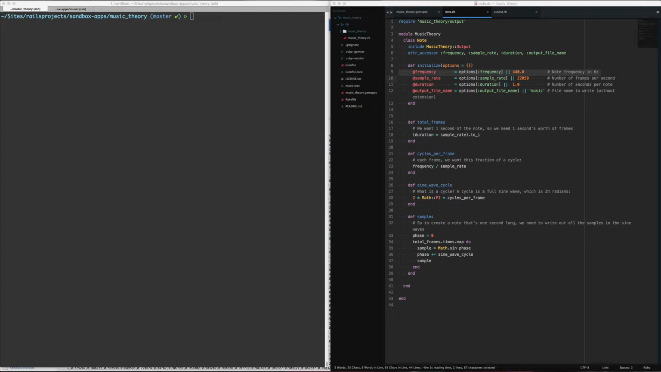To create a note, we really just need to define a few things. The frequency of the note, which we're trying to build. In this case, we're going to use an A note, which is 440 Hertz. The sample rate at which our audio will play. We'll use mono in this example, which is 22,050. The duration of the note, we're going to set that to 1 second. And we'll give it a file name of the wave that we're going to build. So I'm just going to set that to music. So